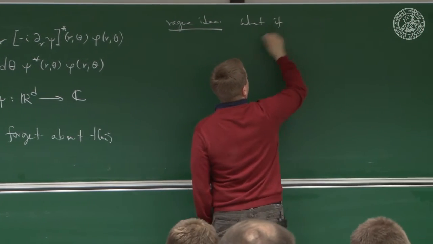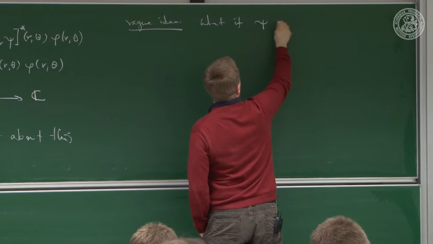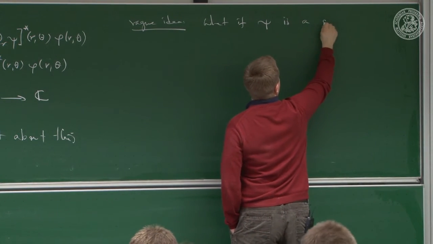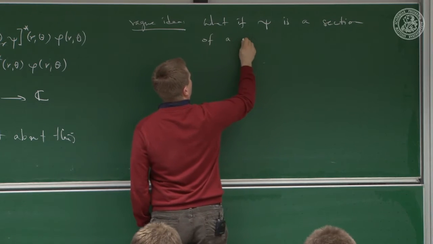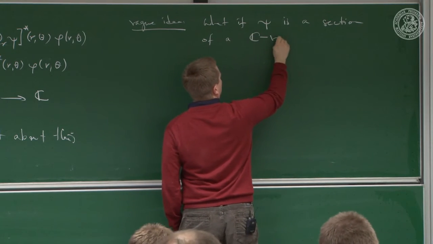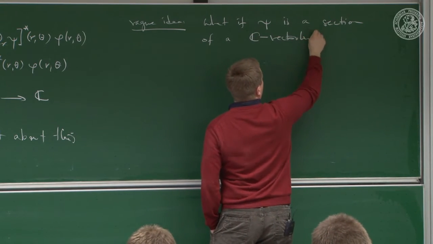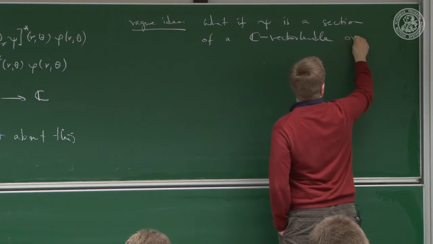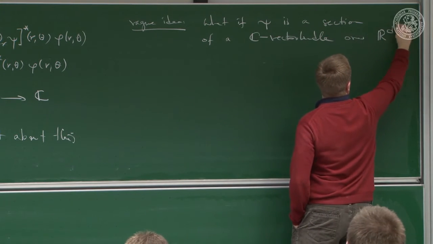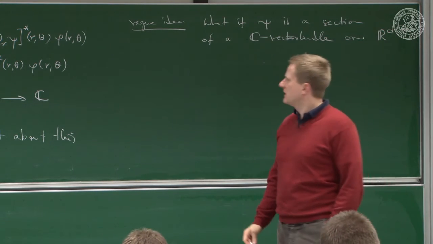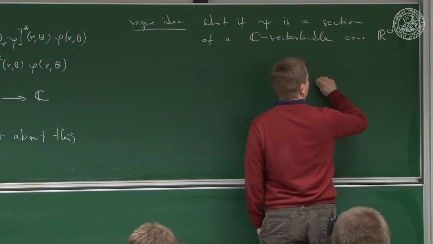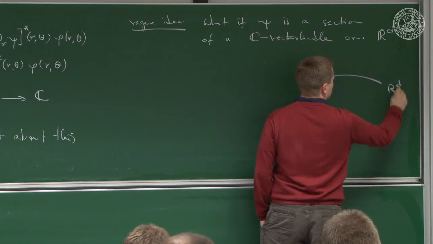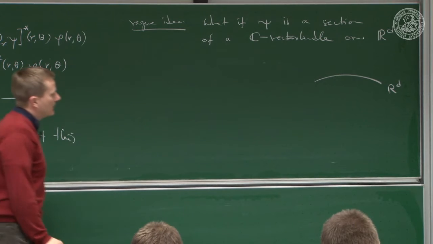What if psi is a section of a C vector bundle over R^D? Okay? So the idea would be that if this is R^D, which I just draw in one dimension, of course you can also do this in one dimension,